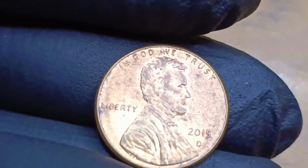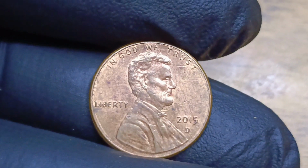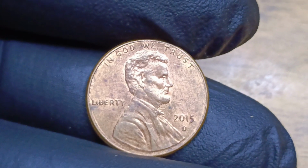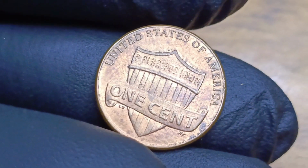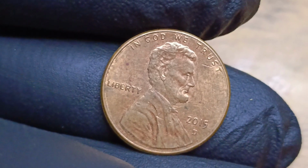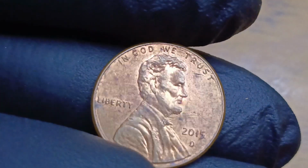Perhaps the most valuable error, though, is a transitional error, where a coin is struck on the wrong planchet, like a penny struck on a dime planchet, which is smaller and made of silver-colored clad metal, or even rarer, on a bronze planchet left over from an earlier era. While the U.S. Mint switched to copper-plated zinc for pennies in 1982, a 2015 D penny struck on a bronze planchet would be a monumental find, reminiscent of the 1943 copper penny, which can sell for over $1 million due to its extreme rarity,